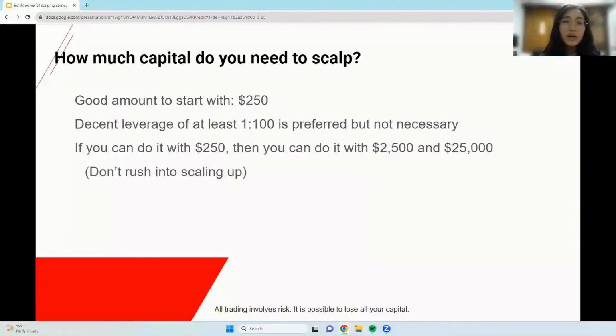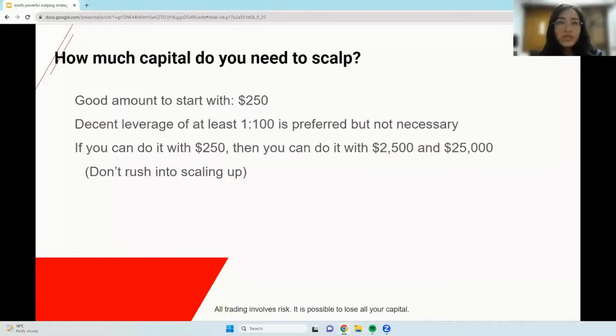So if we're talking about what exactly is leverage, take, for example, a trader who deposits $1,000. They can use $100,000 with 100 to 1 leverage in the market. This can greatly magnify your returns, but also your losses. And this is considered acceptable as long as only 1% or less of the trader's capital is risked on each